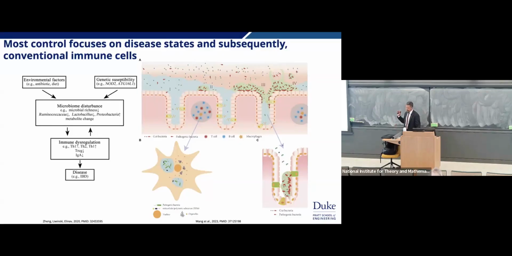I did this, and then I was told that when you read the literature, one of the things you see is there's a whole lot of focus on control in disease states, right? And so subsequently, in a disease state, you are going to have those really conventional cells. You're going to have T cells, you're going to have B cells, you're going to have macrophages, the things that we think engulf cells and kill them off. Turns out that's not the way our gut normally responds.